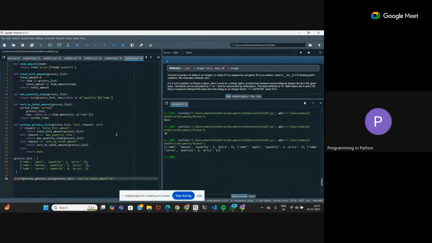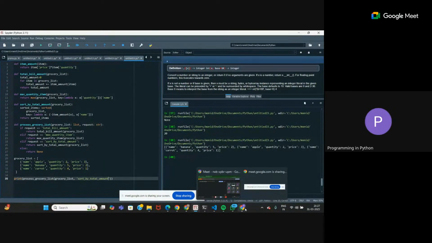Is this code clear for everyone? Yes, ma'am. Can you please paste this in the chat or? I'll share all the documents. Okay, I'll share it in the calendar. I'll paste the Google Drive link. Anyways, the students who mailed me last week, I've given them the problems for last week also.